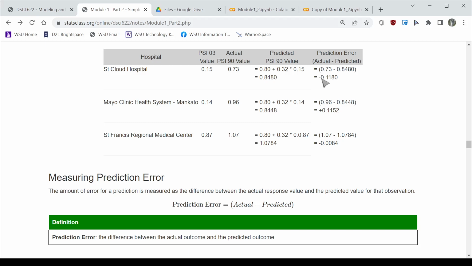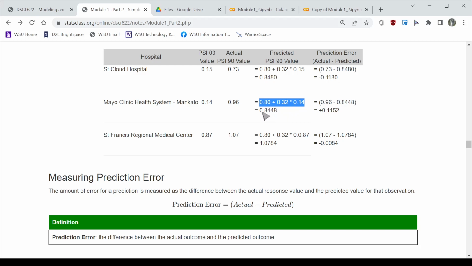A negative prediction error means that my predicted value is higher than my actual value. So a negative prediction error means that I over-predicted. On the other hand, the Mayo Clinic Mankato Hospital has a PSI score of about 0.14. So plugging that into the equation, I get a predicted value of about 0.84